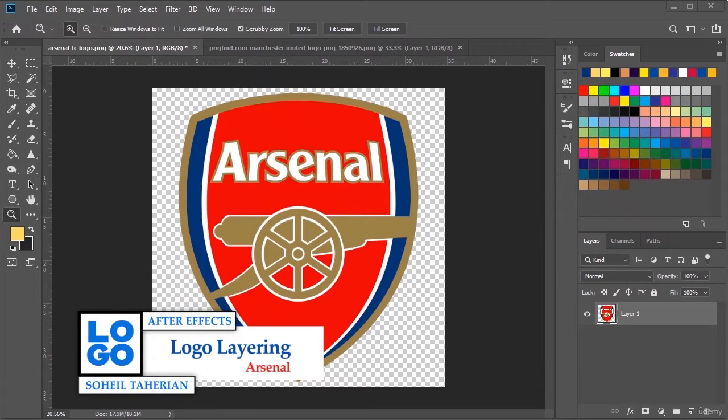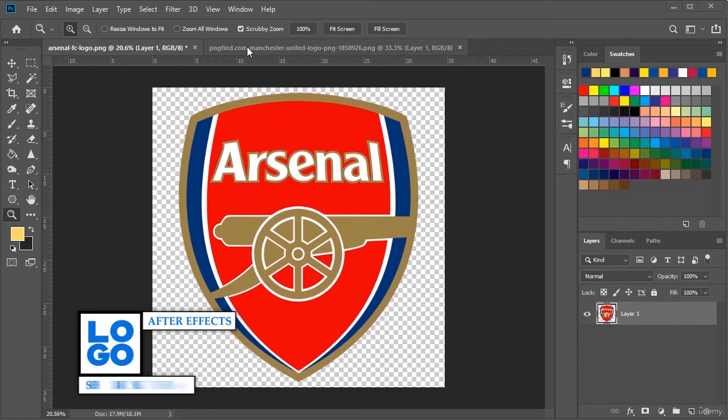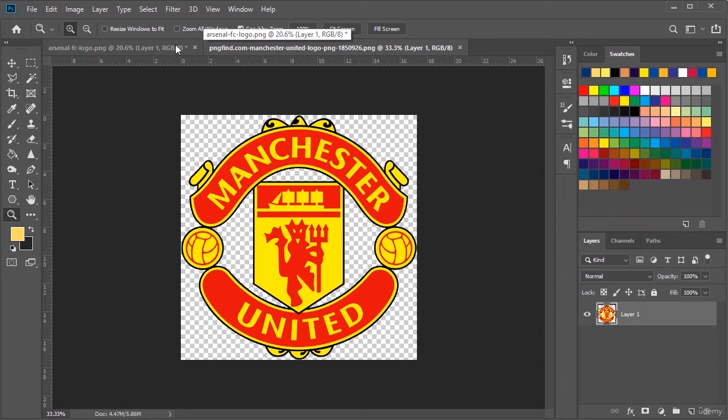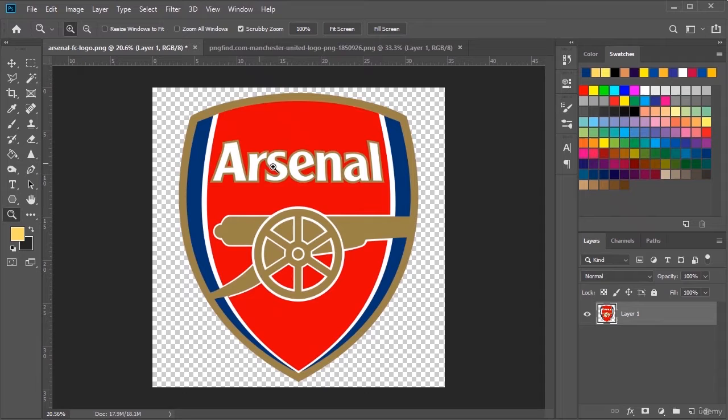Hi guys! Well, as you can see in this section, we want to animate the Manchester United and Arsenal logo. To do this, we need to layer the parts of the logo that we want each to have its own animation. To do this, we want to divide this logo into several layers and animate each layer separately. You separate the parts of the logo piece by piece, layer them by using Photoshop, and then animate them in